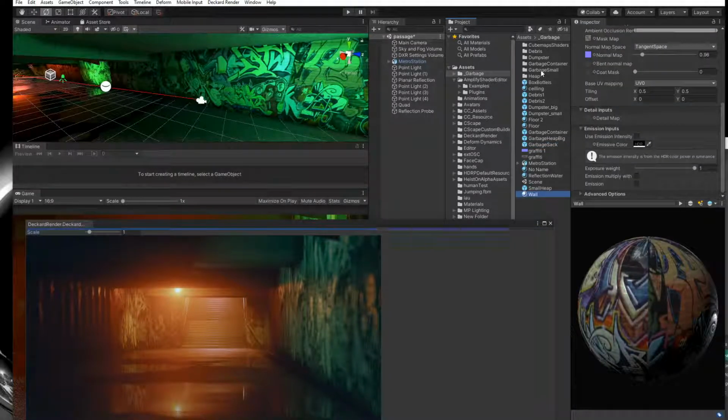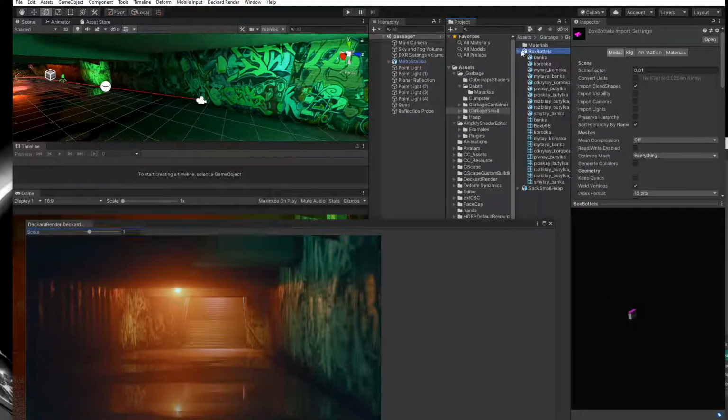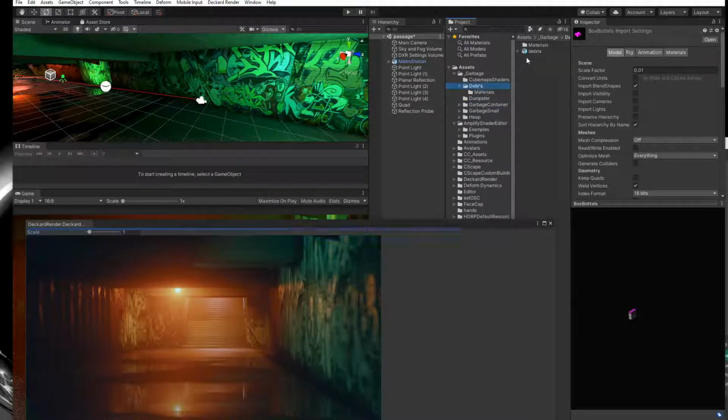I have some things like bottles, containers, debris, and here some kind of debris could be pretty nice to put somewhere in the scene